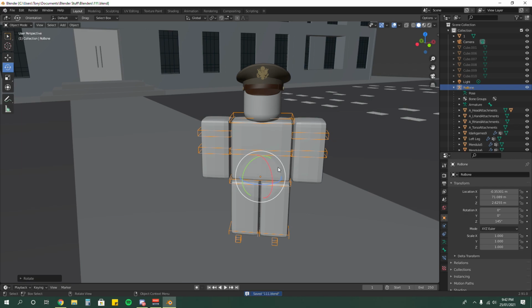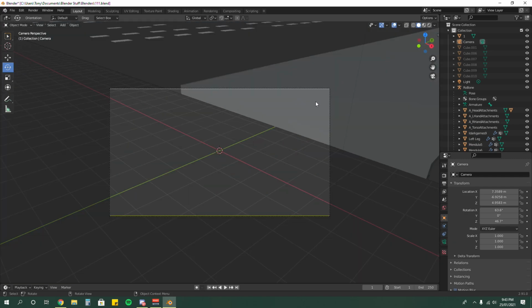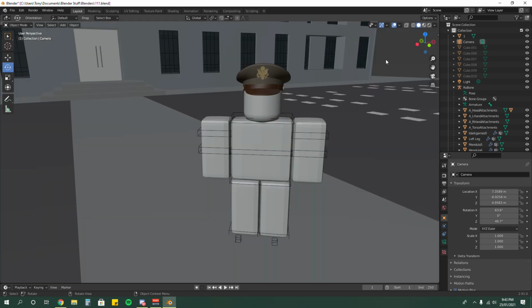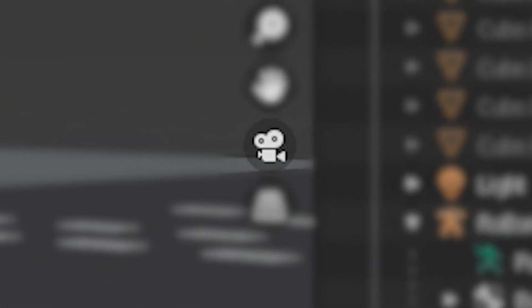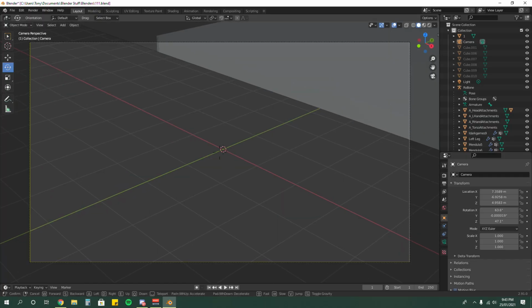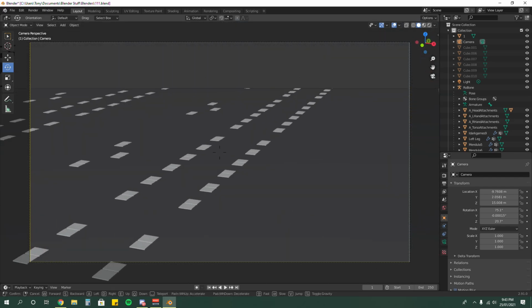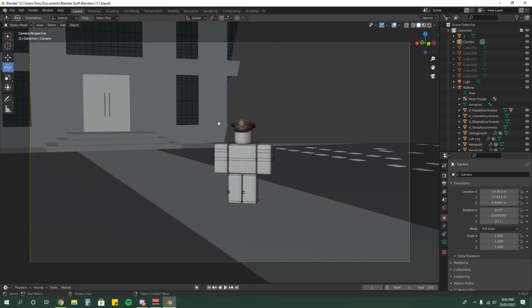Just make it perfect. So if you have a keypad on your keyboard, you want to press 0, like that. But if you don't have a keypad, then you can always click that camera icon, which I'm showing right now. You can scroll up and down to zoom in, like that. And you want to press shift apostrophe. Boom, like that.